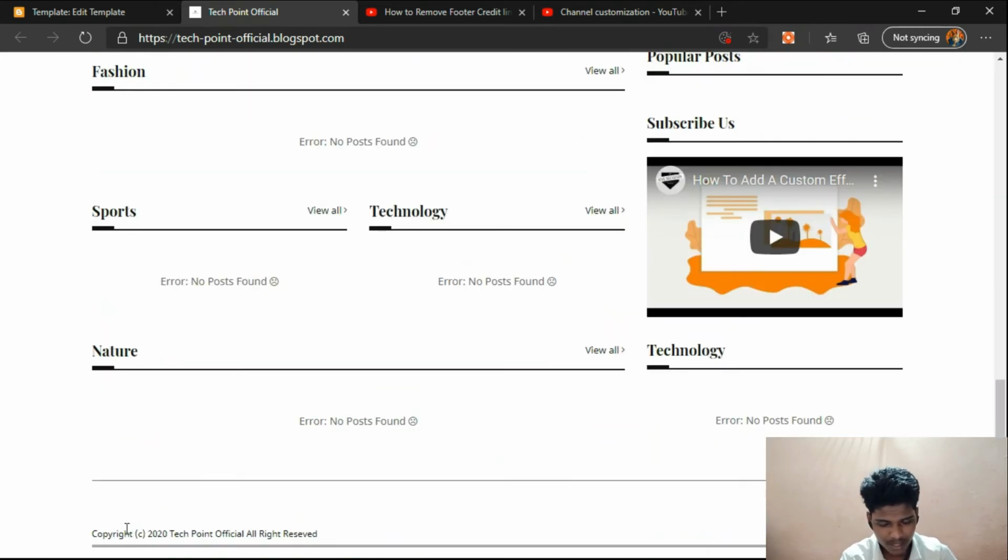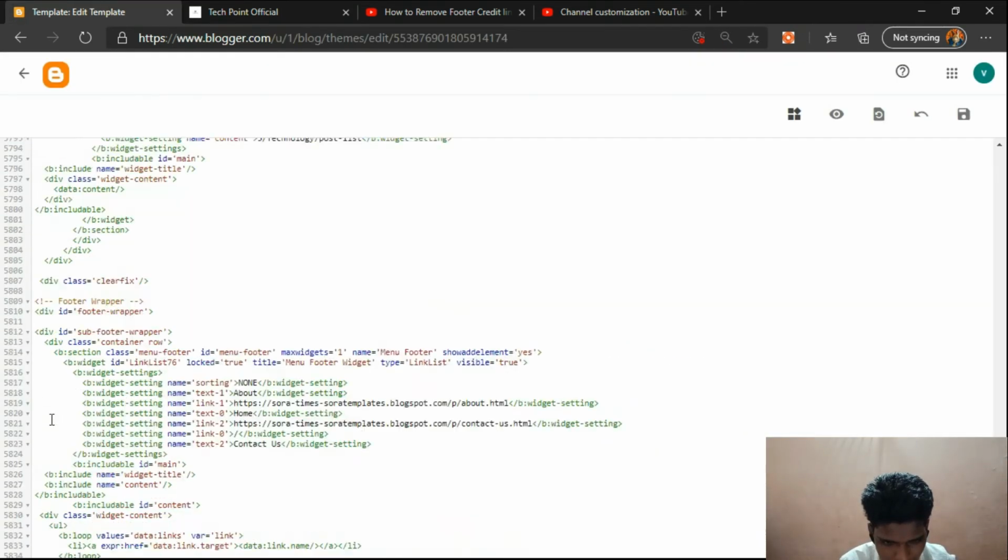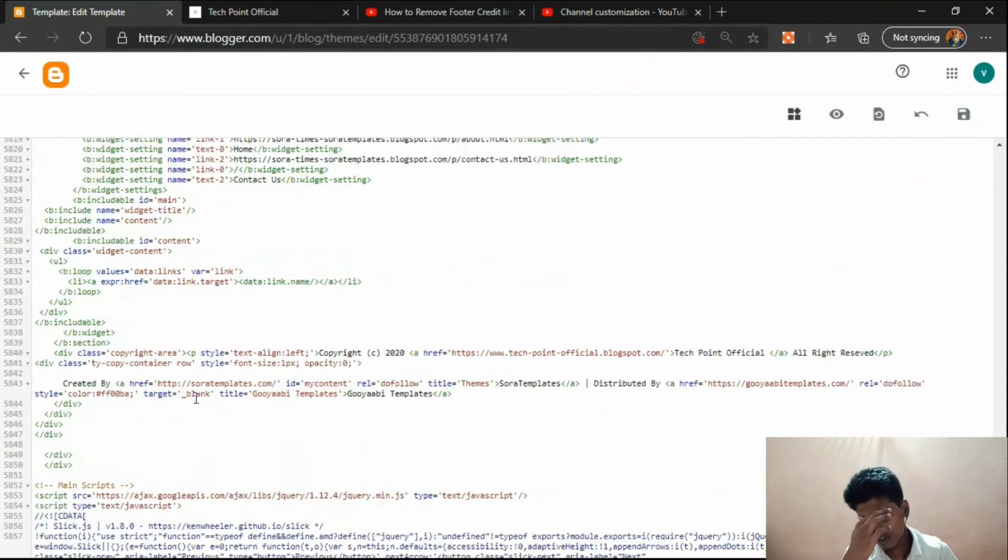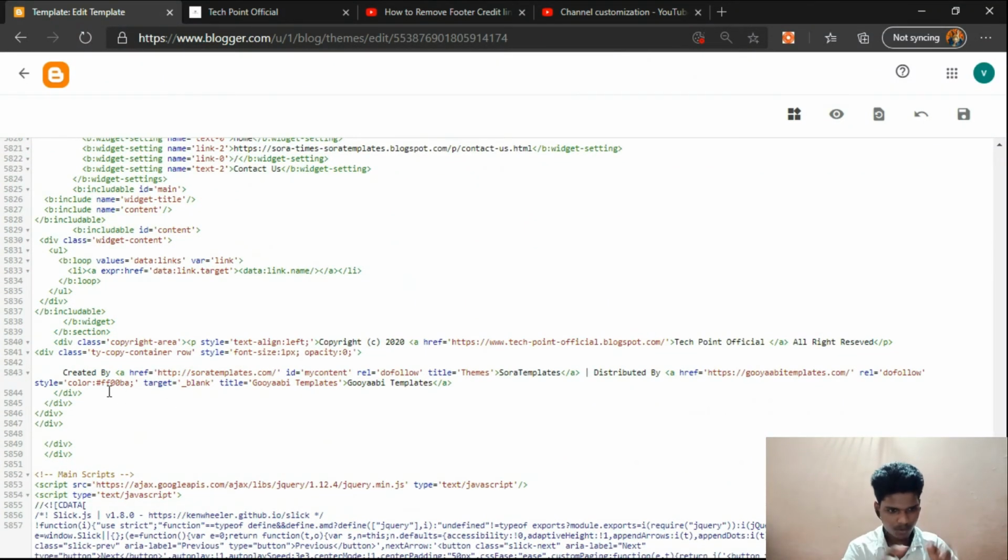This is the way, but do not remove this code that I'm showing. If you remove this, the original website theme will be redirected to the owner who created this website template. Do not remove this code. Just paste the code I have given above it. I will give this code in my blog address. Go to that and copy and paste it. Do not remove or edit anything in this. Just copy as it is. You only have to change your name and URL, or let it be, no problem.